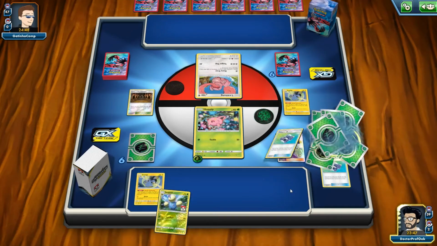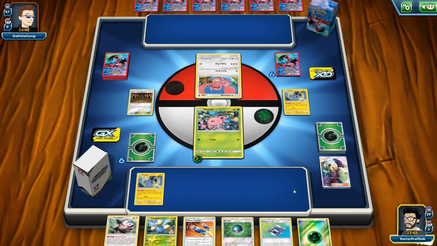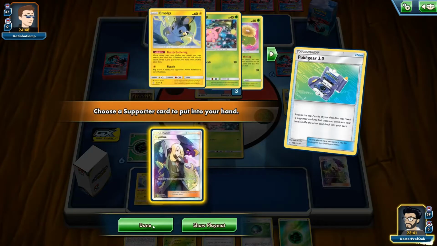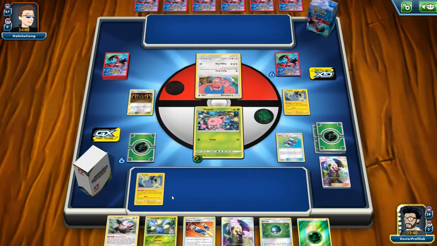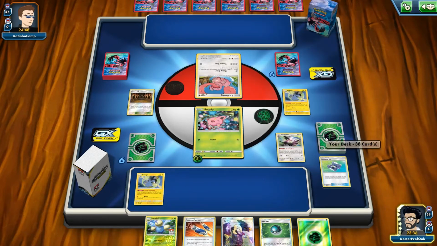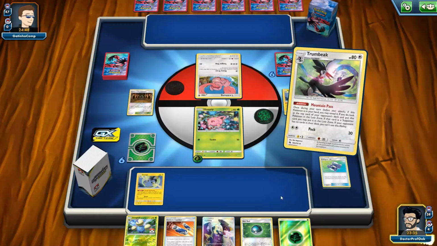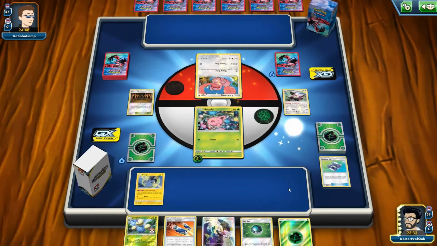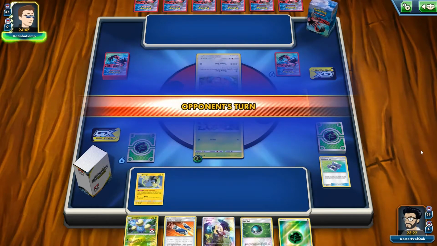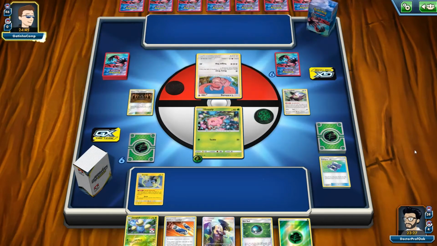The Skiploom would be nice, but I'm still trying to draw into something a little better here. Okay. We got another Cynthia for next turn. Pretty good. We can also send him away. And then we're gonna netball for a Skiploom next turn. Hopefully we don't get one shot turn 1. A little tragic, but